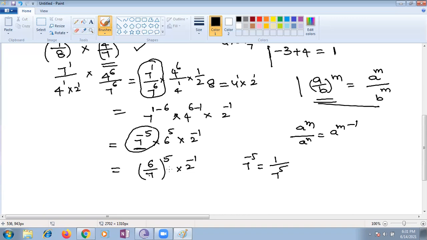Ma'am, in this one, 7 by 8 into 4 by 7, can we convert 7 by 8 into 7 by 2 power 3? Exactly, you can, because 7 by 2, 7 by 3, 7 by 4 are all rational numbers. They didn't mention any prime numbers. They said only to express as powers of rational numbers, so they are only asking for evaluation. You can simplify, that's all. You can write that part also. Instead of 4 you can reduce it as 4 in two terms also.